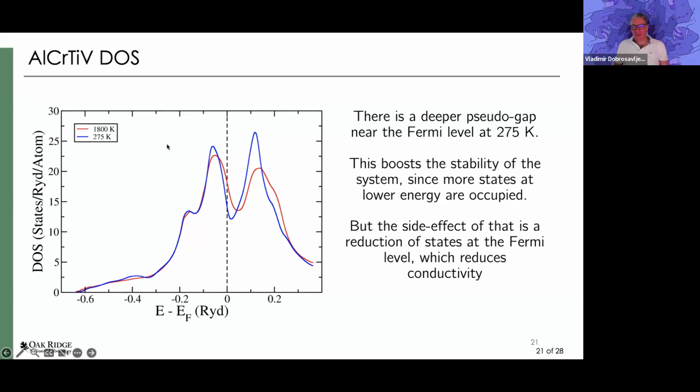So this gap is making the system more stable, but because of the gap, the density of states at the Fermi level is dropped quite a bit. And so that has reduced your available conduction states, and you have a higher resistivity at lower temperature. So that is why you have this counterintuitive trend. And this is another example of how we can use our LSMS Kubo code to study a somewhat